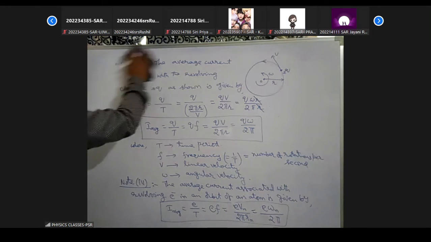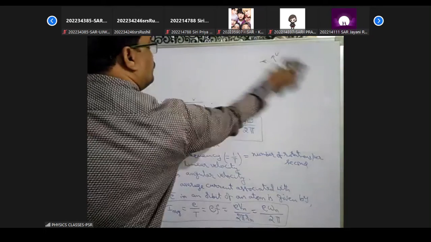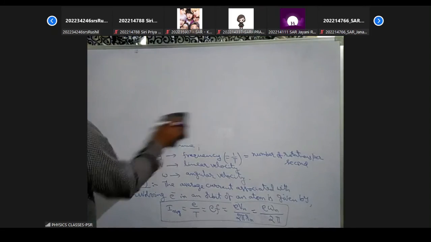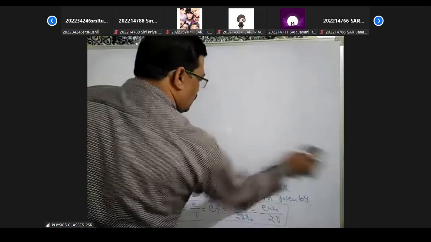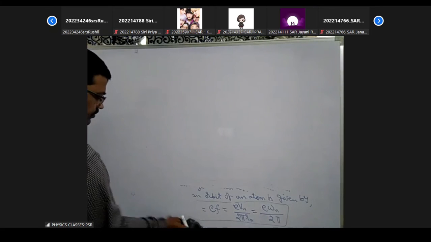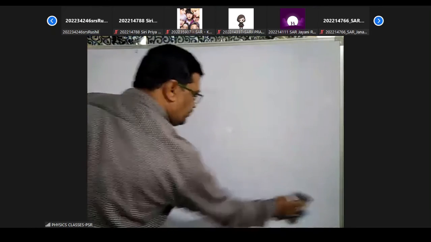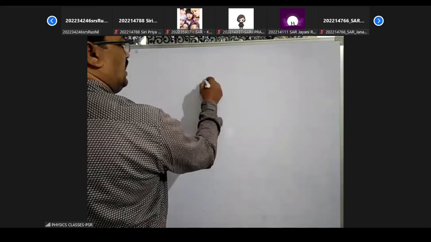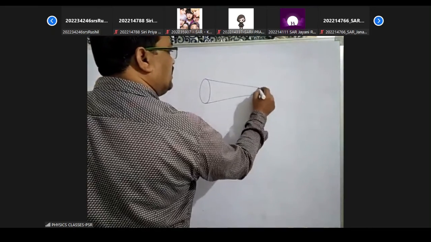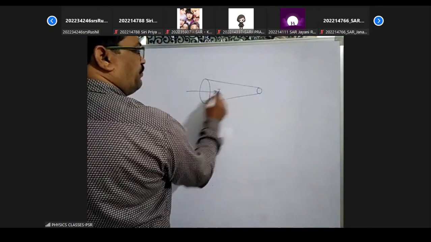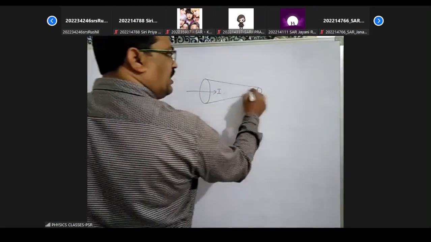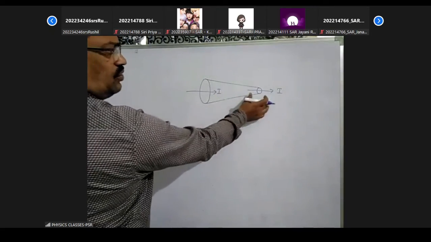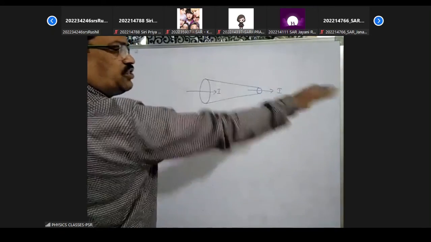Next, current density. Here, the current passing through any conductor is the same at any cross section. That means if any conductor has an irregular area of cross section like this, if current I enters from this end, the same current should leave the conductor. Even though this area of cross section is less, the same current should flow. That's why